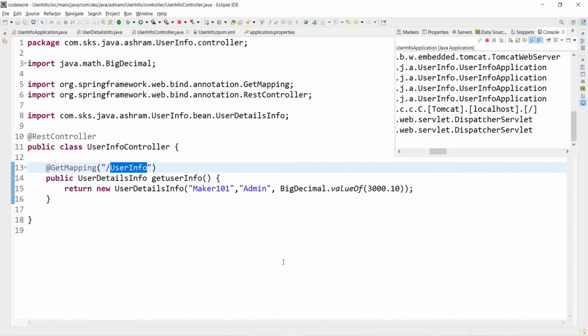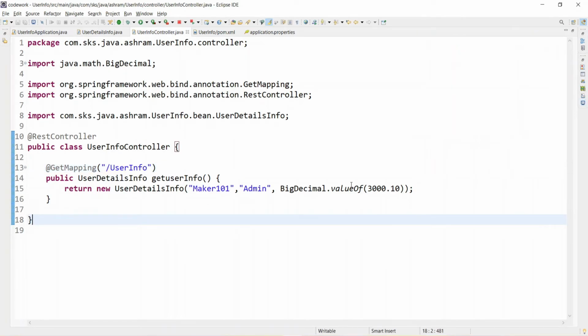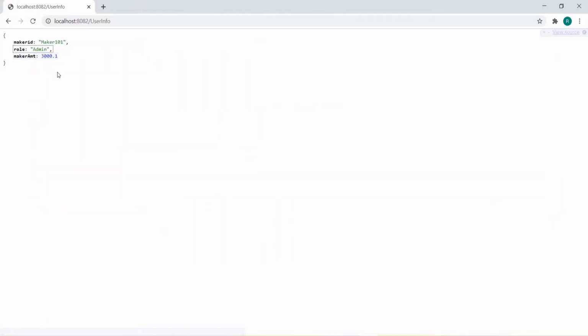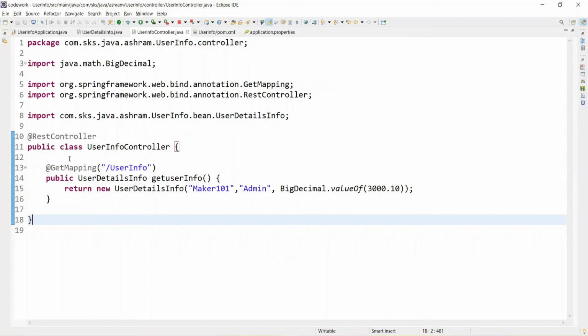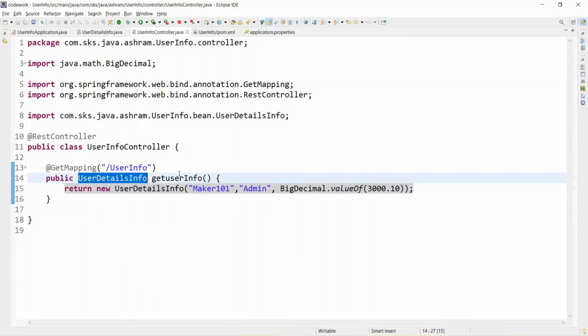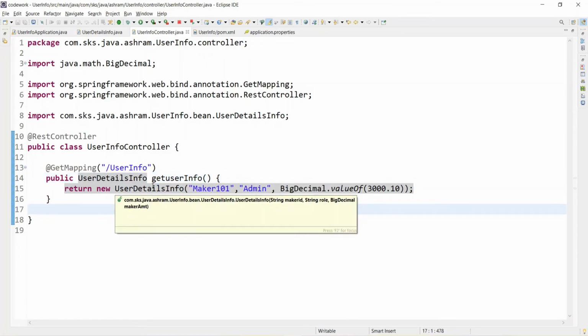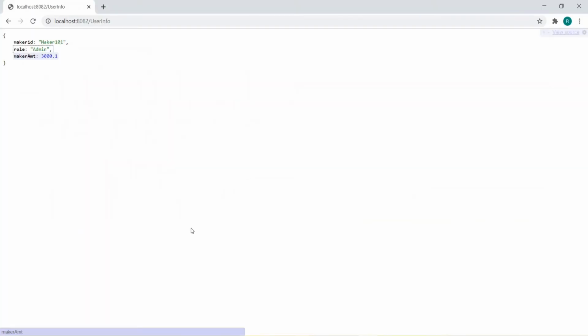So this is the data we had put over here: maker, admin, and the big decimal amount. And another thing: how is Spring Boot converting this user details info object to JSON? There are two steps. First, Spring Boot passes the data in JSON format, and once the browser receives it, it renders the JSON data in the correct format because of the plugin that we have added.